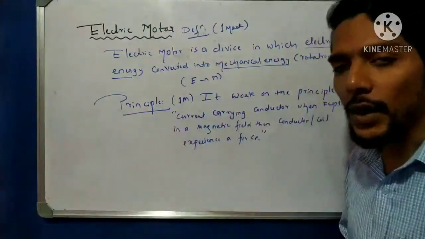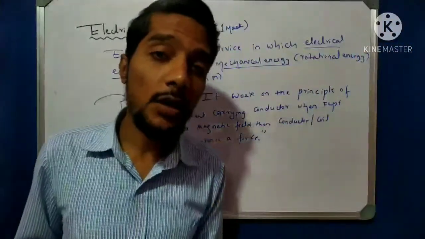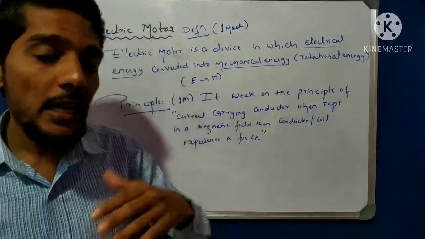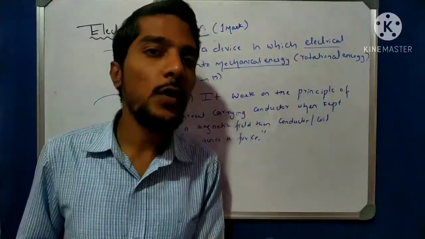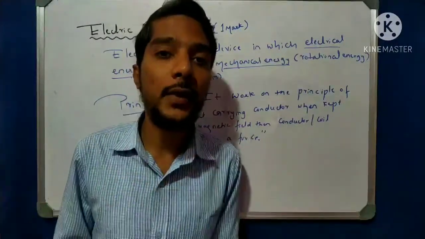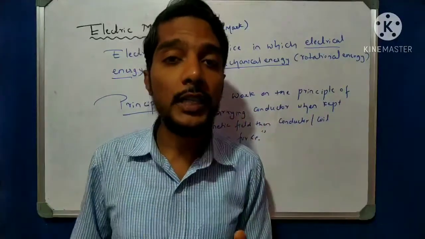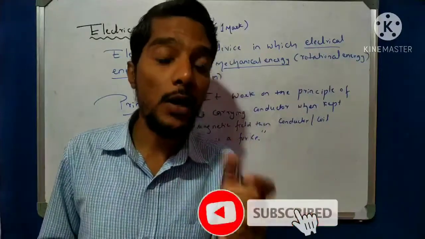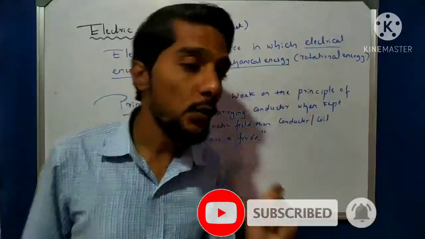If any device is developed, maybe a washing machine, an electric motor, or a car, anything in nature, any device can be produced based on one principle. By using one fact, one rule, they make the device. For example, the steam engine was developed with the help of steam. The concept is that steam has power, so by using that concept we developed a steam engine.